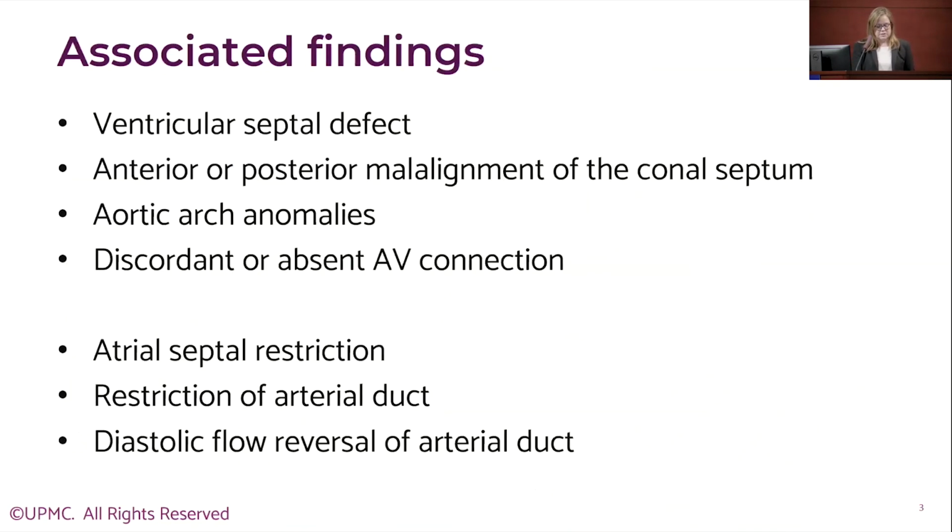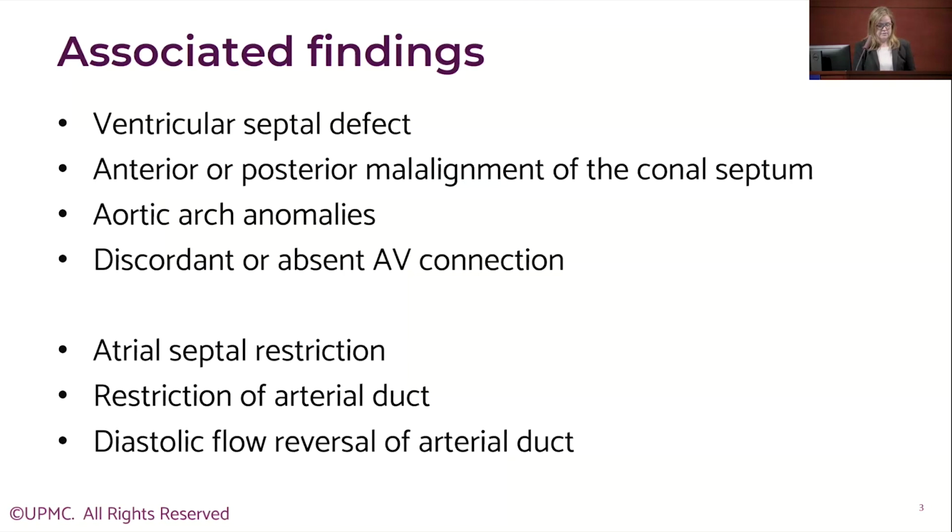We do know that associated findings, when they are present in transposition, may lead to a higher rate of prenatal detection. As we've heard from other presenters already today, associated findings can include the presence of a VSD, anterior or posterior malalignment of the conal septum, and thus right or left ventricular outflow tract obstruction,